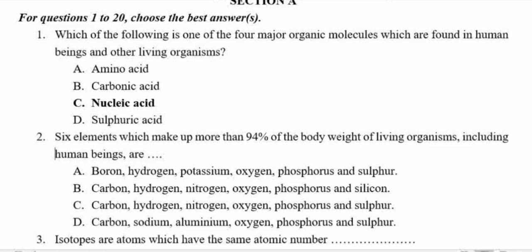Yes, this is the situation where an invigilator will come around and say that there's a correction to be made, and then the word including may be introduced. So I've done it already. So let's read our question again. So 6 elements which make up more than 94% of the body weight of living organisms, including human beings, are,